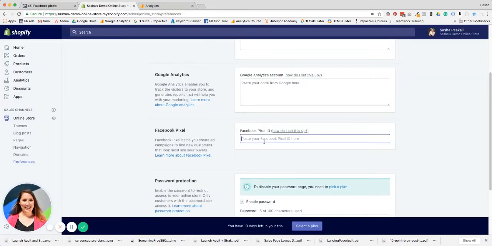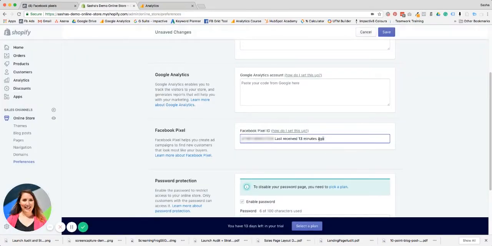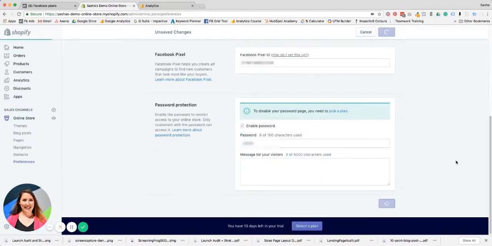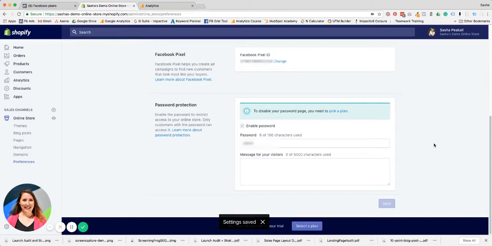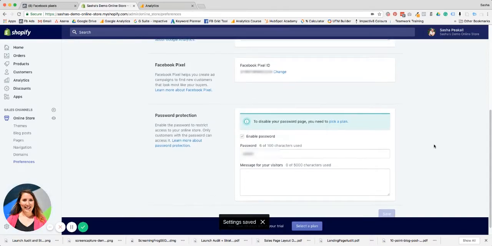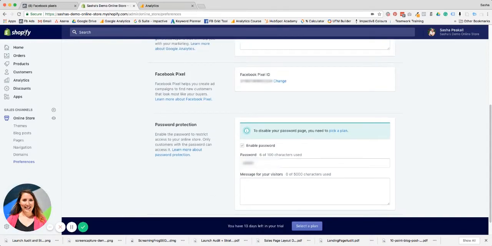Go back to your store, paste it under Pixel ID, and save. Then you just want to check that that is all installed correctly. So you want to go to your store homepage,